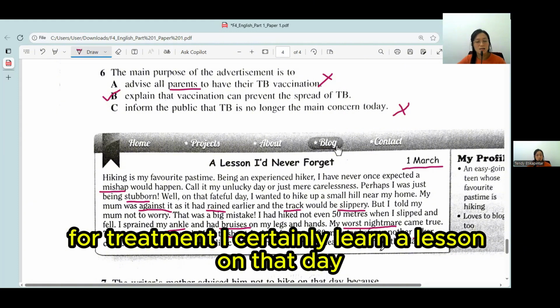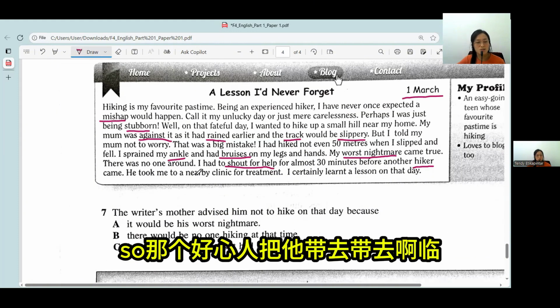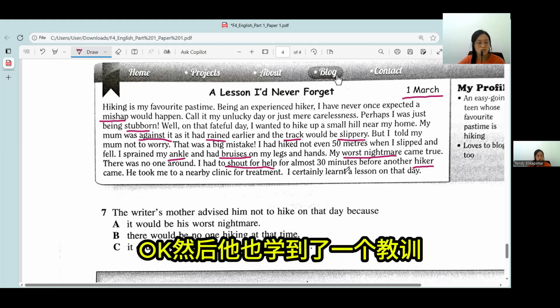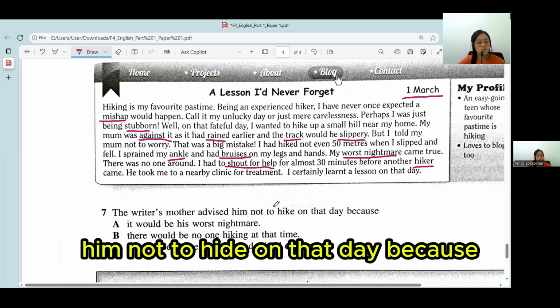I certainly learned a lesson on that day。所以那个好心人把他带去邻近的诊所。然后他也学到了一个教训。